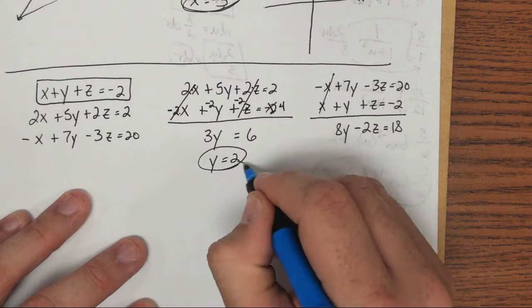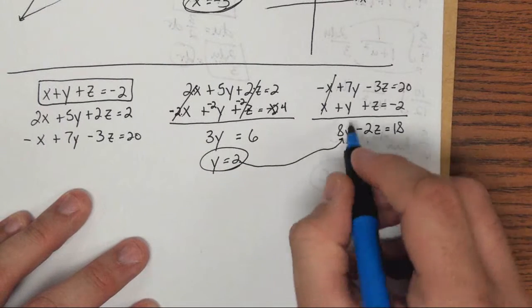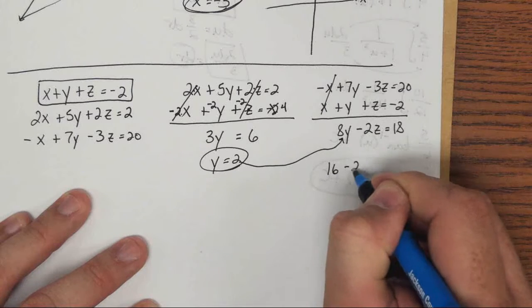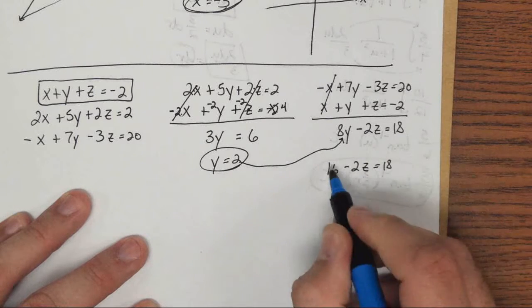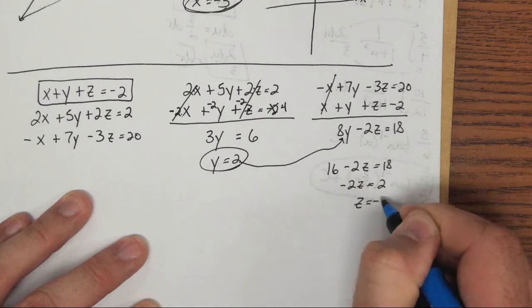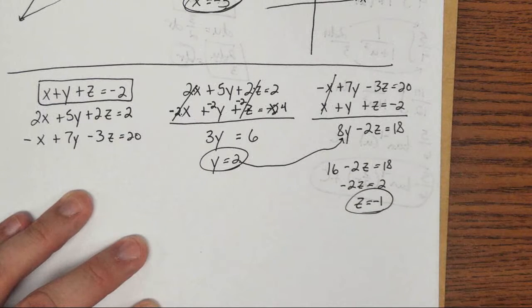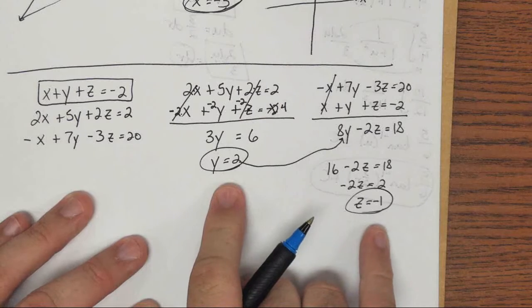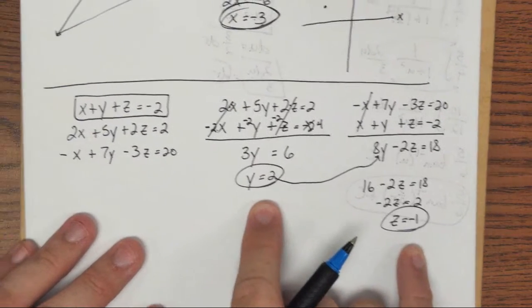And if y equals 2, then you have now 16 minus 2z is 18. Move the 16 over, negative 2z is 2, so z must be negative 1. And if y is 2 and z is negative 1, which is the exact same answers we got from before,